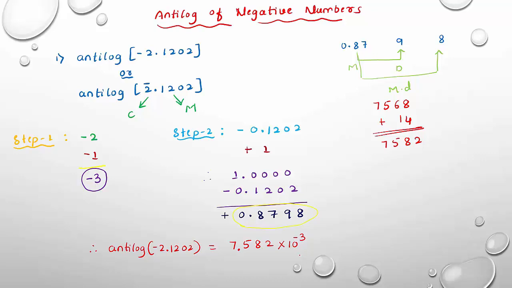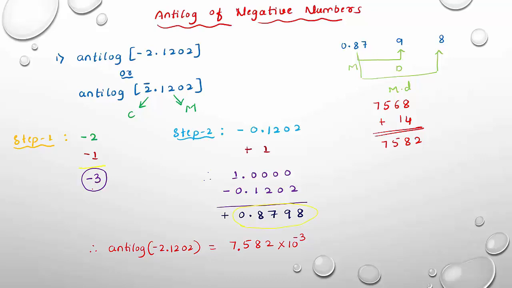So this is the procedure for how to find the antilog of a negative number. I am going to explain one more time. Observe here. The number is -2.1202. The characteristic is -2. You can write it separately. Mantissa we have -0.1202. In step 2 I wrote it separately. Now a negative number is very difficult to find its antilog. So I am going to convert it into a positive value by adding +1 to the mantissa and subtracting 1 from the characteristic. +1 -1 means it will get cancelled, and again we get the same number. So -1 for the characteristic, +1 for the mantissa.